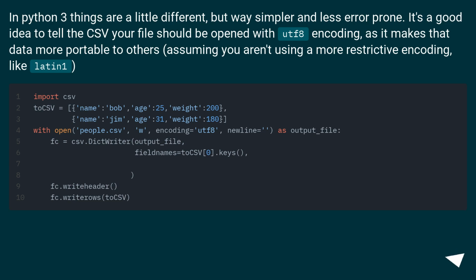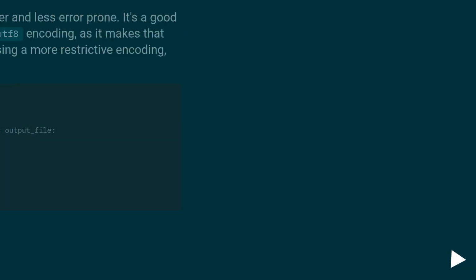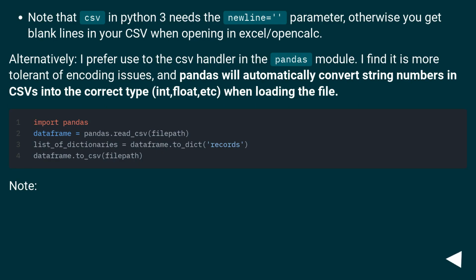In Python 3 things are a little different, but way simpler and less error-prone. It's a good idea to tell the CSV your file should be opened with UTF-8 encoding, as it makes that data more portable to others, assuming you aren't using a more restrictive encoding, like Latin 1. Note that CSV in Python 3 needs the newline equals parameter, otherwise you get blank lines in your CSV